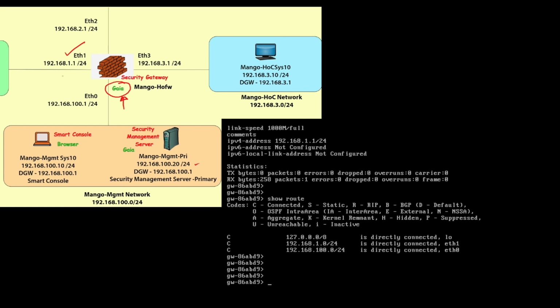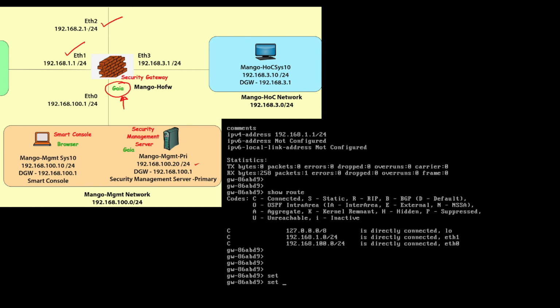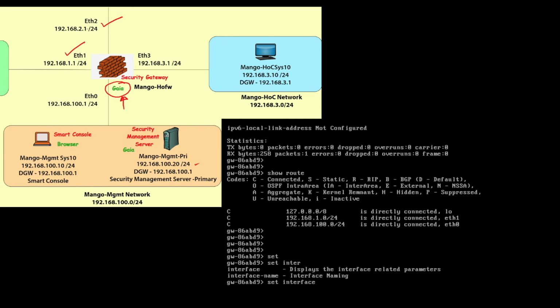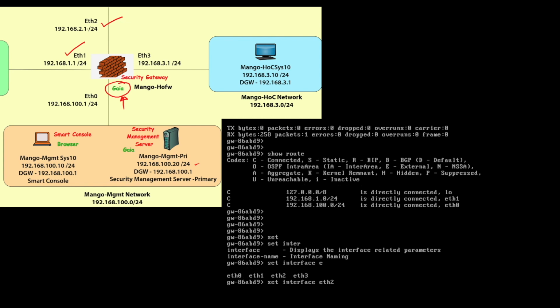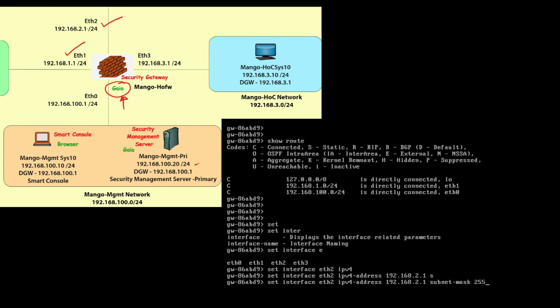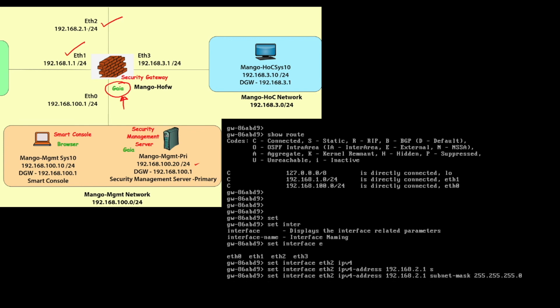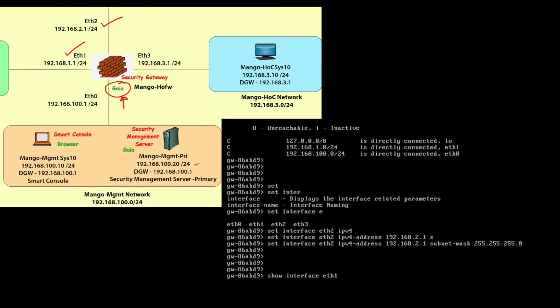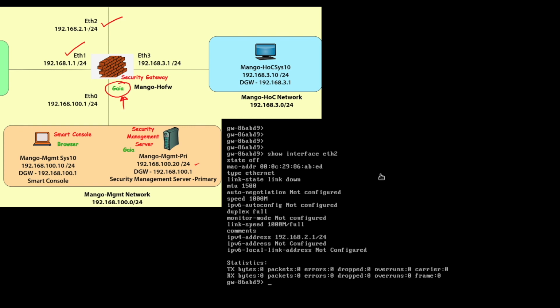Similarly, let us assign an IP address for interface ETH2 as 2.1. I give the command set interface ETH2 with IPv4 address 192.168.2.1 with the subnet mask 255.255.255.0. Again, if I give the command show interface ETH2, it shows that ETH2 has been assigned the IP address 192.168.2.1/24,